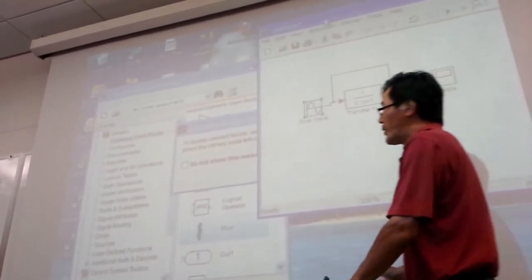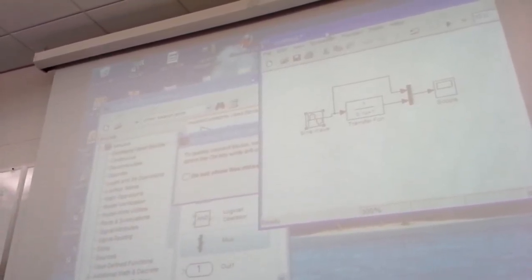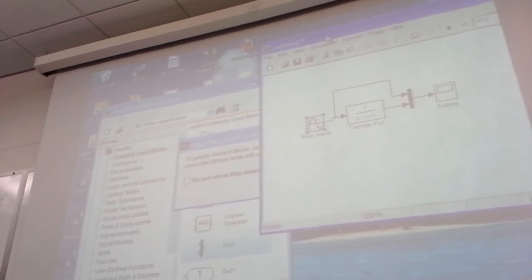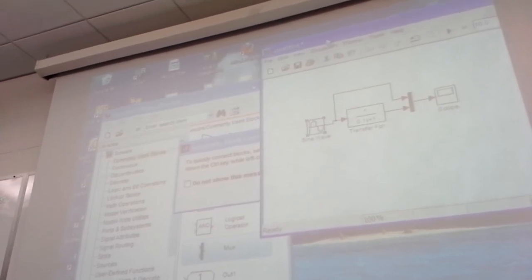Now, before I go there, let's use this example. Oh, I don't want to delete it. 2 or 3 is here, 1 or 3 is there, so I want to keep this one. Okay, your system is